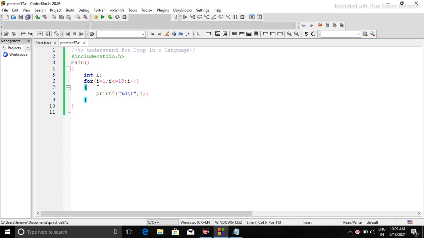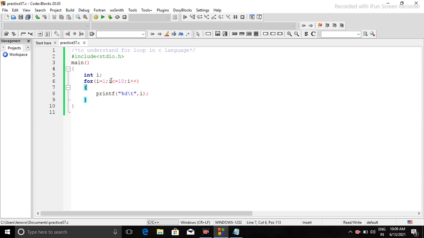So this is how execution of the program happens in case of for loop: first initialization, then condition, then if the condition is true, inside the body, and after printing the statement, modifying the value of the variable, and then checking the condition again. This loop will work until the condition is true.